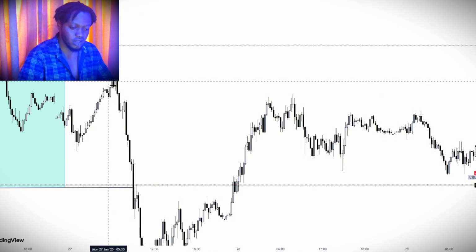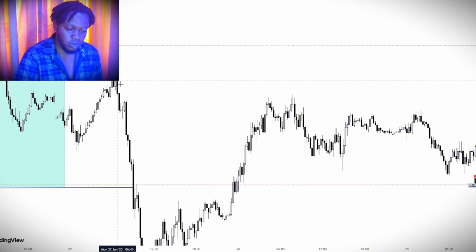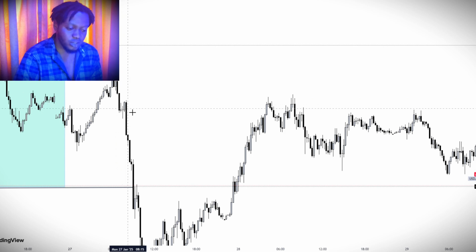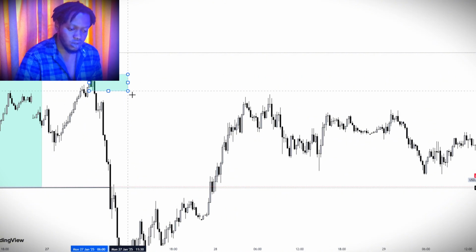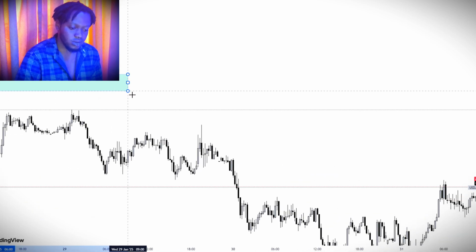From this point, you can see that firstly we have this supply zone, and we have this internal mini supply zone at this point. All right, now I'm going to mark out the two. I'll take this as my supply zone right here. Take this as my supply zone